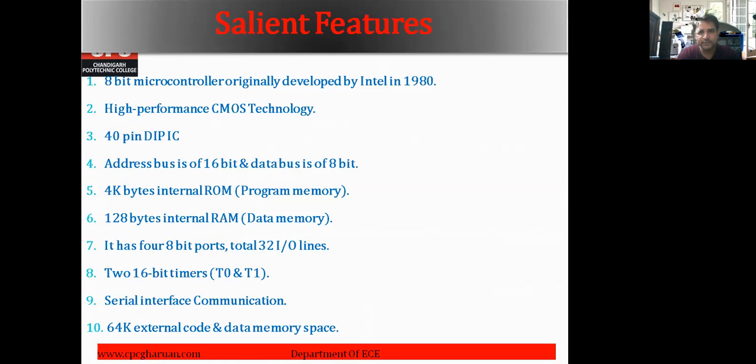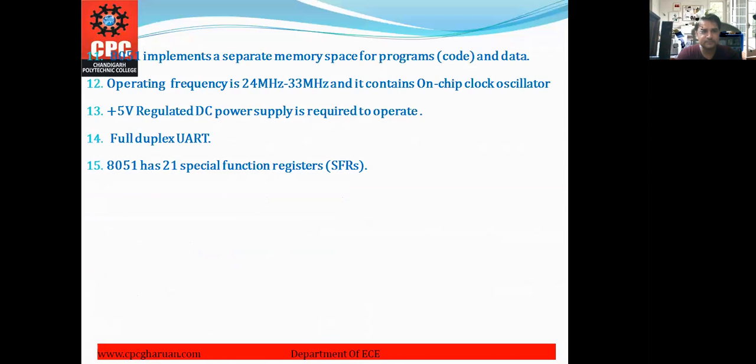Also 8051 uses two 16-bit timers, T0 and T1, serial interface communication, 64K external code and data memory space. 8051 implements a separate memory space for program and data. That is the hardware architecture used for 8051.